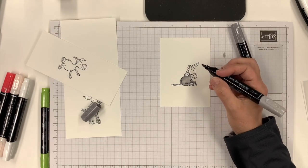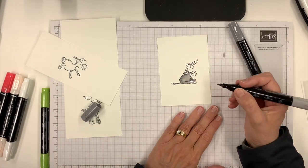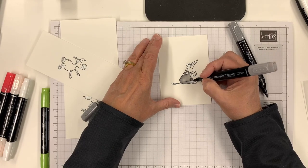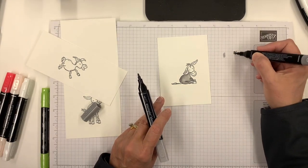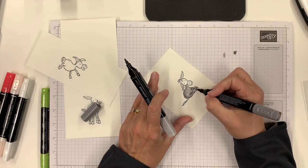You know, the other thing, when you put light on top of light, it's going to make your colors darker too. These colors, you're layering them. So if you want something darker than even the dark, just keep layering it. The more you go over it, let it dry, and over it, let it dry, it's just going to keep getting darker. So now for his hoofs, I'm going to just come with the straight dark here